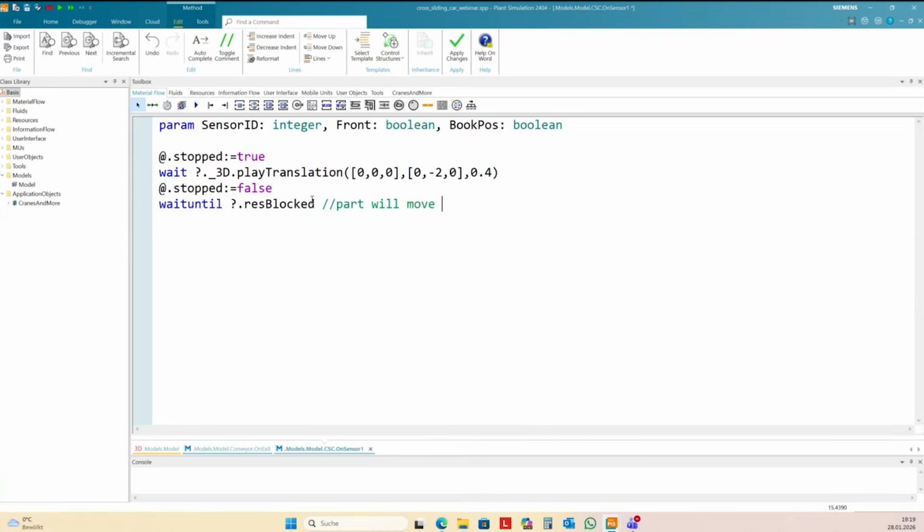This means the part will move, then the conveyor changes to rest blocked, and then I move.